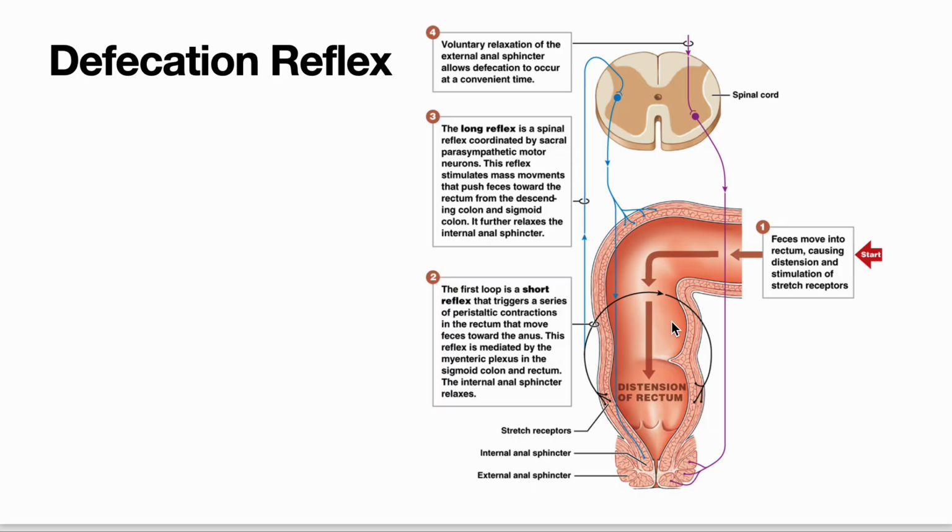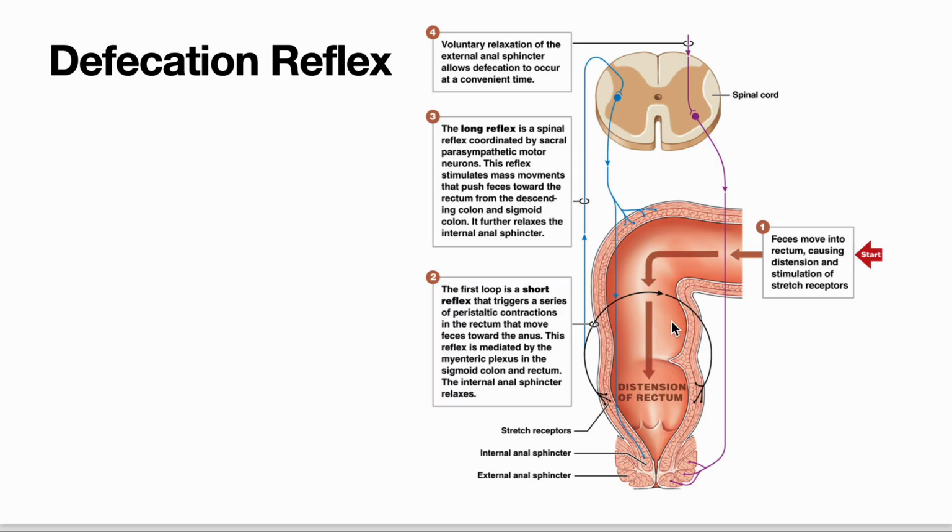And those stretch receptors, when stimulated, are going to send messages to 2 places. They are going to send a message to the myenteric plexus in the muscular layer. That's going to be the short reflex. And then it will also send information up to the spinal cord, which will be the long reflex and trigger